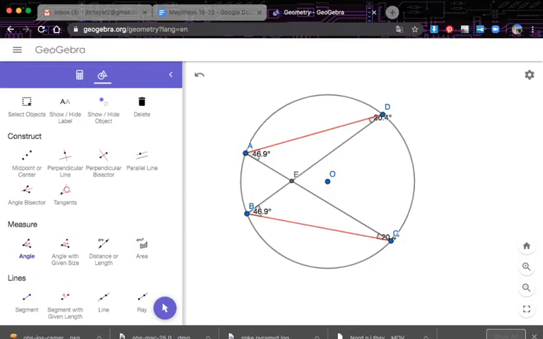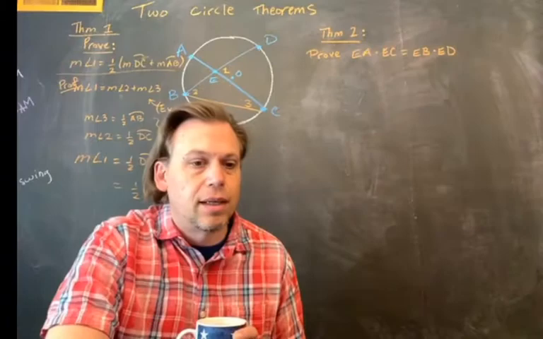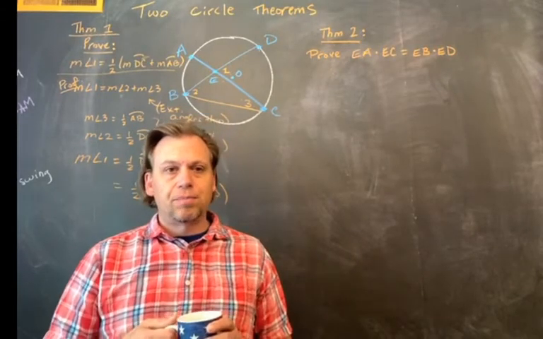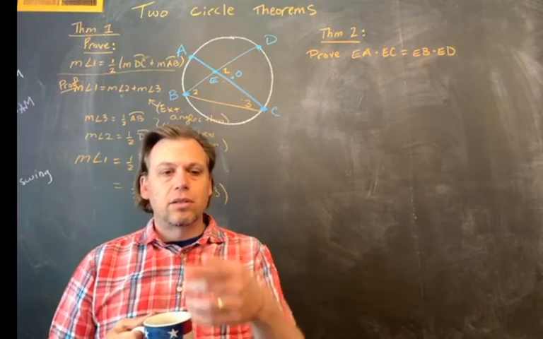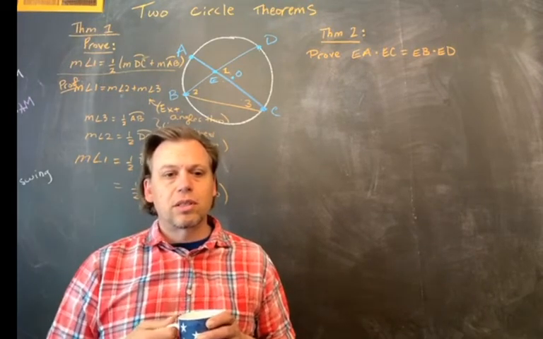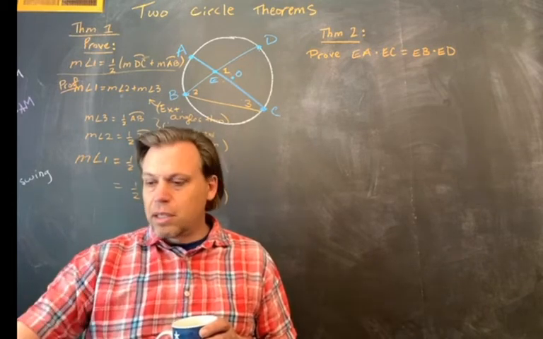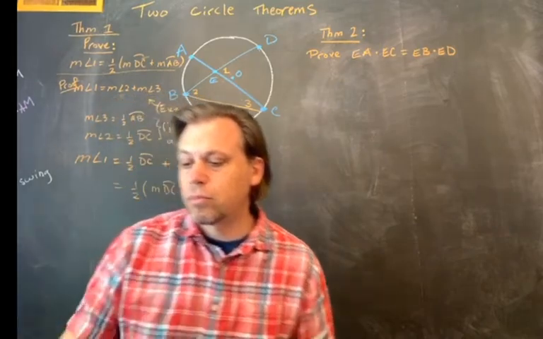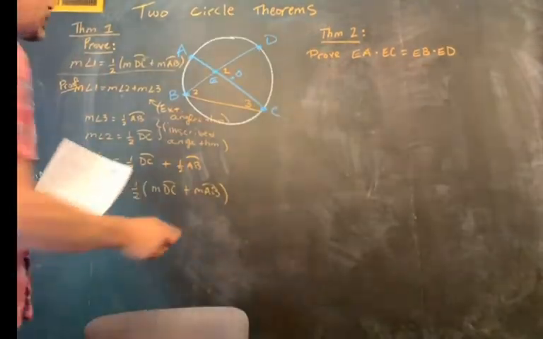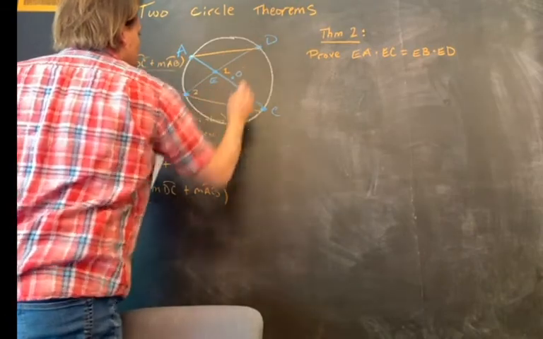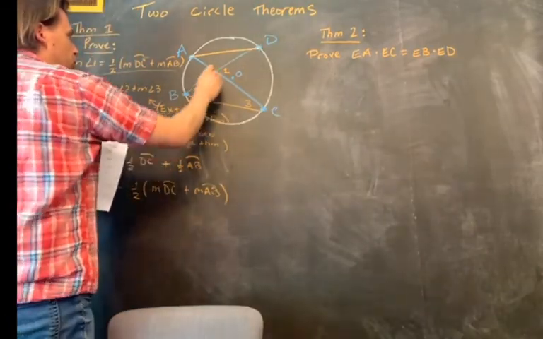Well, if they're similar, that means the corresponding parts are similar. If the corresponding parts are similar, then you can set up an equation, and once you can set up that equation, then you can do what we need to do for theorem 2, which is to multiply it out. So let's do that really quick. I'm going to draw AD. Got two triangles. We just proved that,